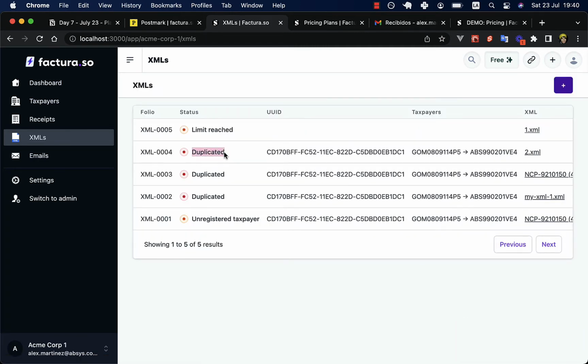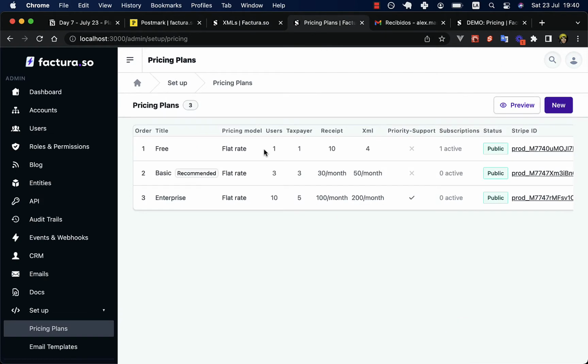So for the first one, it will go through the transition workflow. And for the last one, it will say limit reached. So let's talk about this